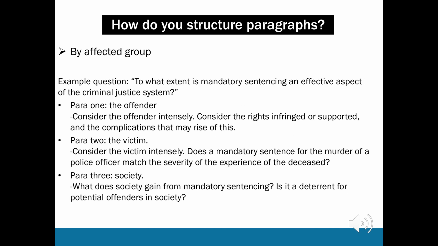By affected group: to what extent is mandatory sentencing an effective aspect of the criminal justice system? So this is an unusual question. It's definitely a question that you could be quizzed about. I might